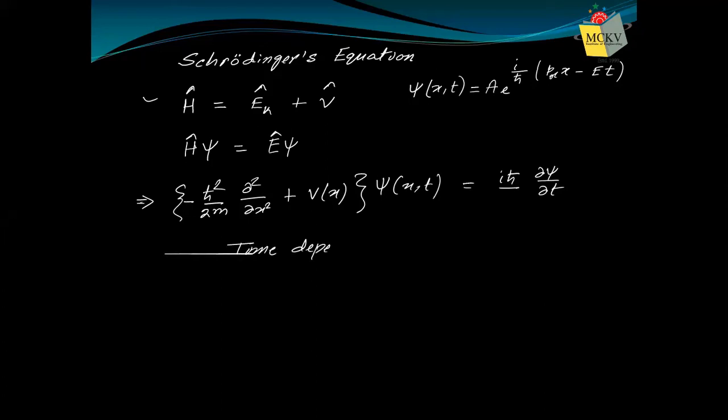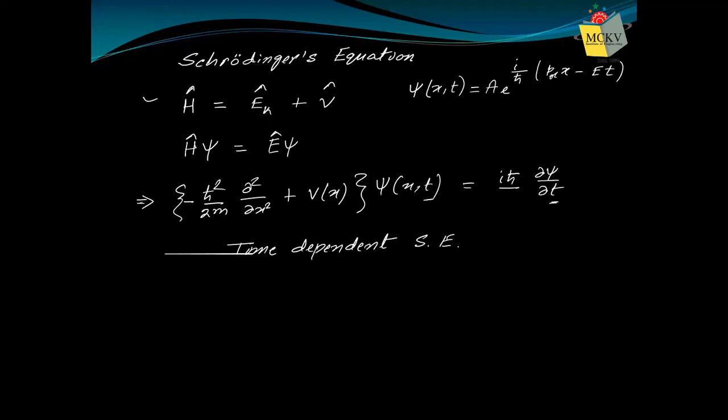So this equation is called the time dependent Schrodinger's equation. Why? Because you observe time is here. In the equation, time is within the equation. Time is represented within this equation. That's why we call this the time dependent Schrodinger's equation. So if you are asked to write down Schrodinger's equation, this is the easiest way to write it down. You just use your Hamiltonian operator operating on psi equals the total energy operator operating on psi. You know the Hamiltonian and the total energy operator, just write them down. You get the time dependent Schrodinger's equation. Easiest way.